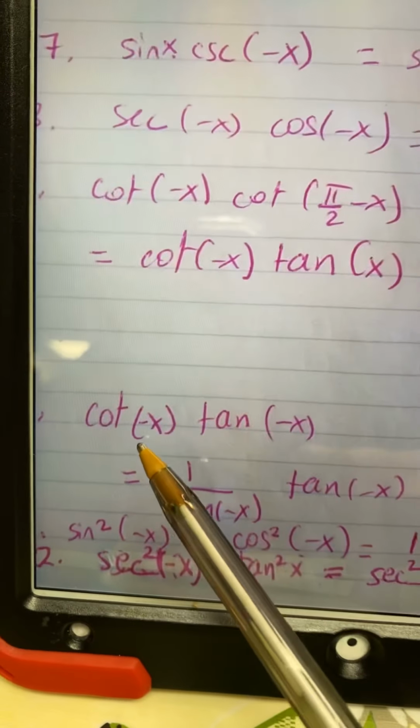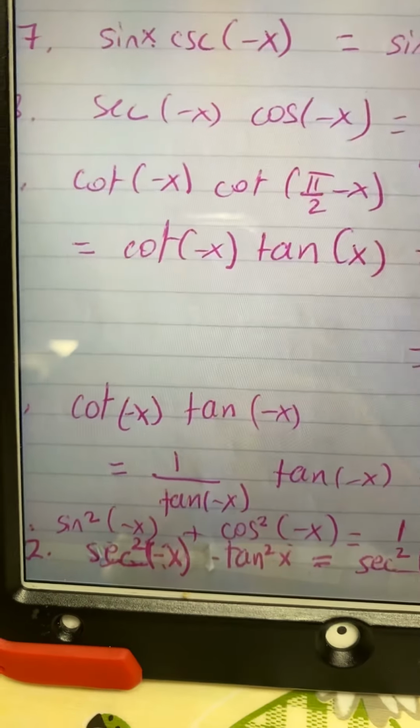The next one, cotan of negative x is 1 over tan